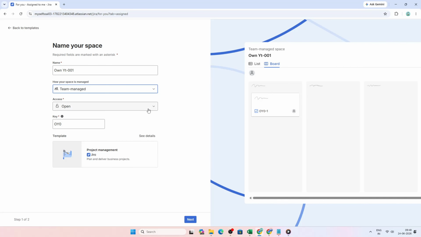Now it's time to define the project details. Enter a clear descriptive name for your project, something that makes it easy to recognize later. Jira will automatically generate a project key, which is the short code used as the prefix for all issue IDs in that project. You can leave the generated key as it is, or edit it if you want something more